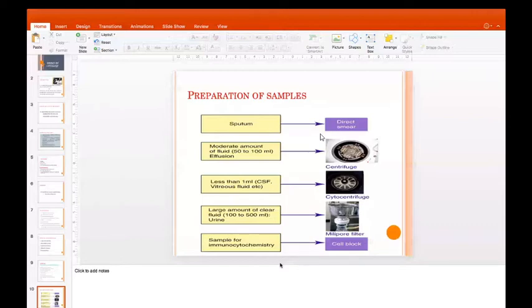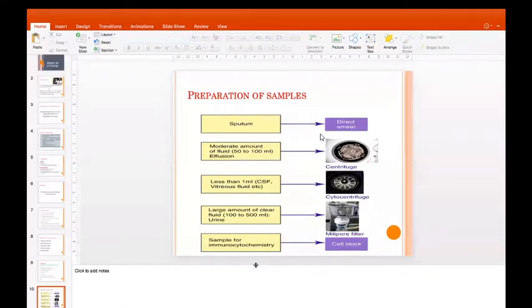And for a sample for immunohistochemistry, we use a cell block. So that cell block is formed in case of immunohistochemistry. Now, a cell block is one in which you take the sample after aspiration. Suppose you have a lymph node swelling. You'll put the needle inside it, aspirate the material and put it in a test tube, and you will put fluid on top of that to mix the cells in the fluid, and then you will cytospin it. And then you'll continue the procedures just like a histopathology block.